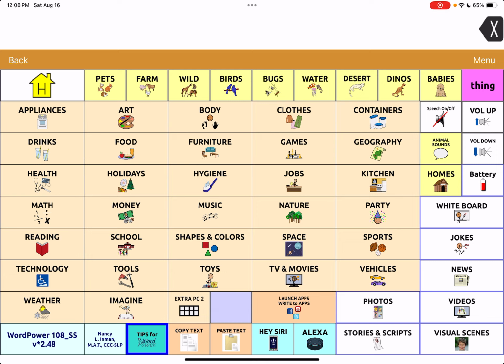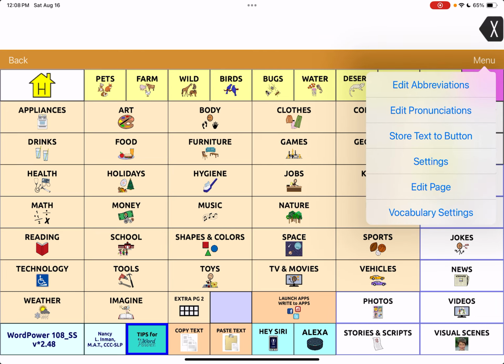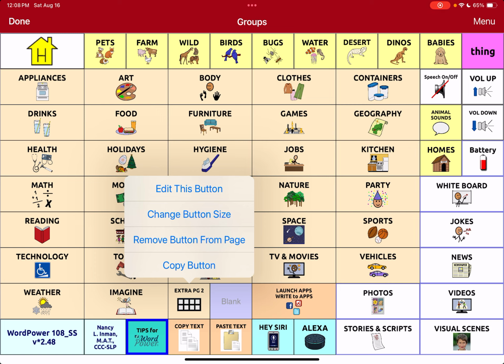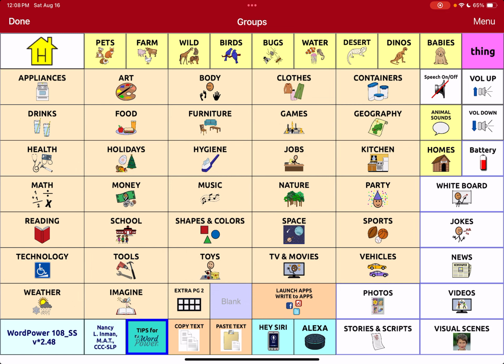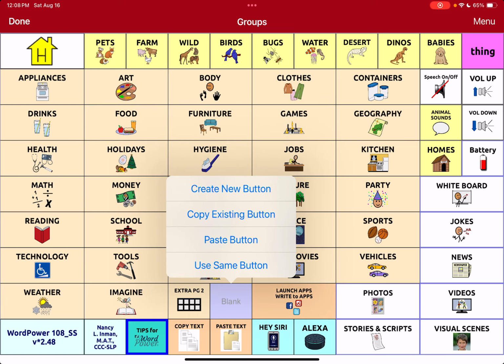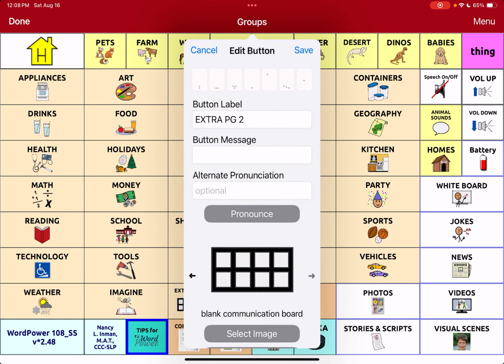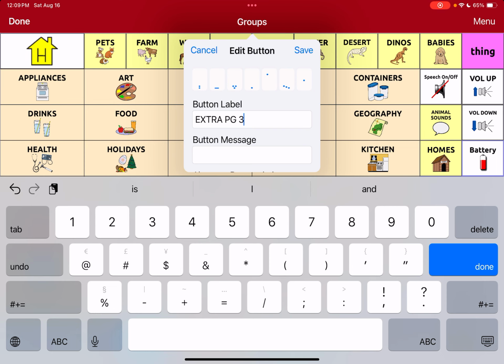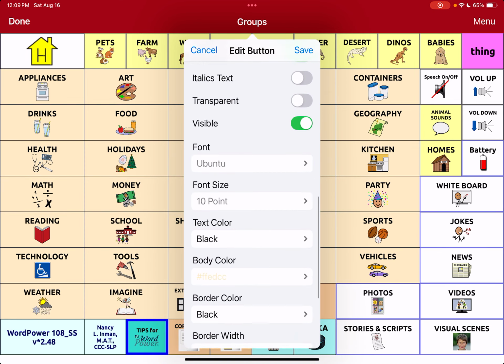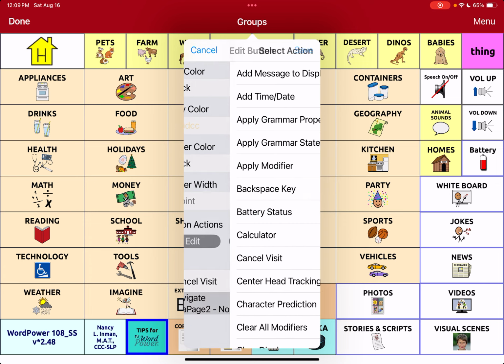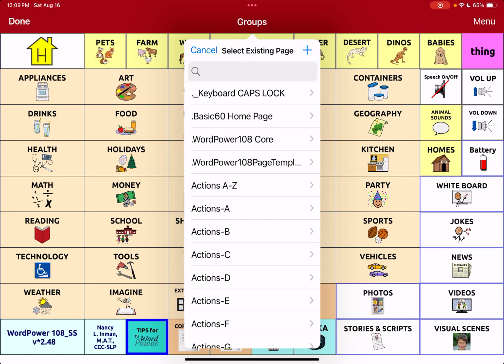And so now you're like, well, how do I find it? Well, you're going to go back in, decide where you're going to add another one of those. I'm going to copy that existing Extra Page 2 button, paste button, but now I'm going to go in and edit, call that Extra Page 3, and I'm going to go down and see where it says Navigate, tap there, Navigate,